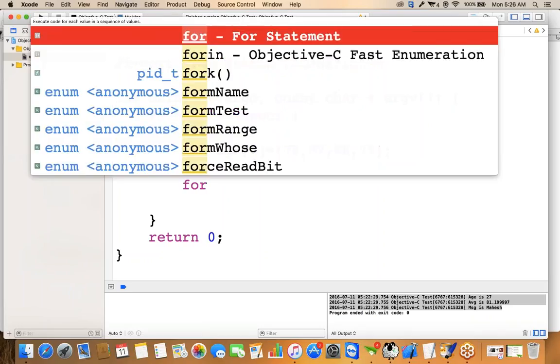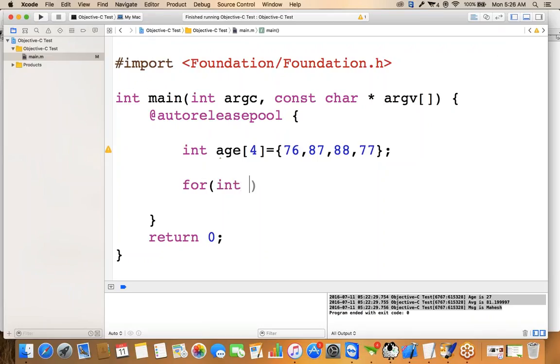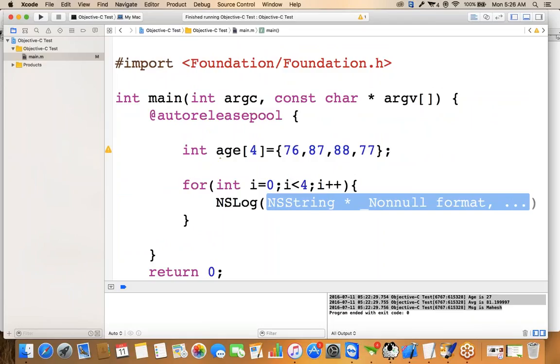So I'm creating a for loop: for int i is equals to 0, i less than, we have to specify the count. Here you can directly specify the count. You can specify 4 and i plus plus. Okay. So NSLog